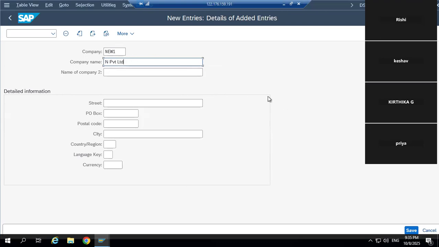See, in SAP, the important thing is that any W1. Okay, this is a number, not text. Remember this, SAP will not identify anything with text. So the important thing is any W1. You have to note down this any W1 only, not this text and private limited.